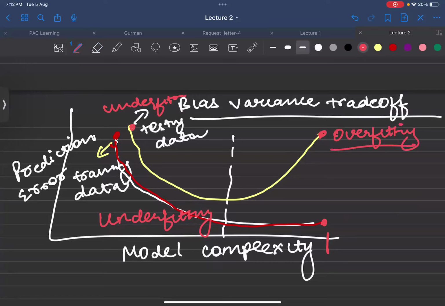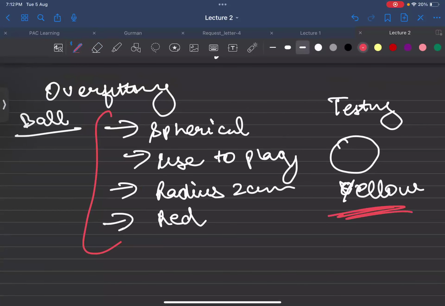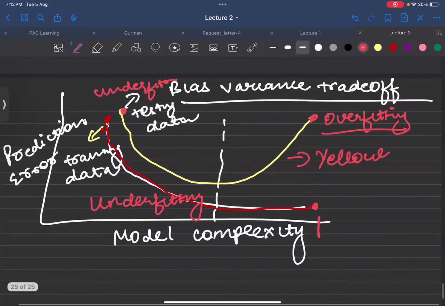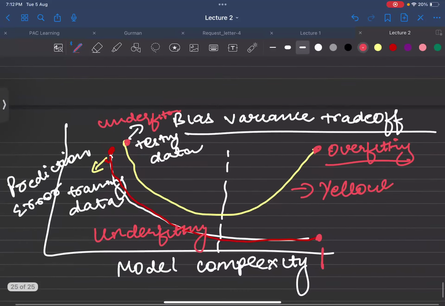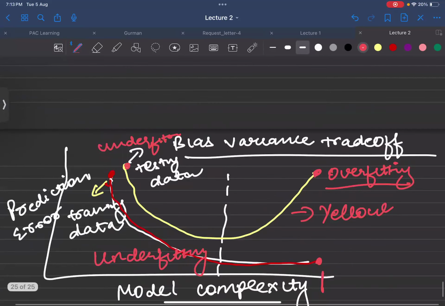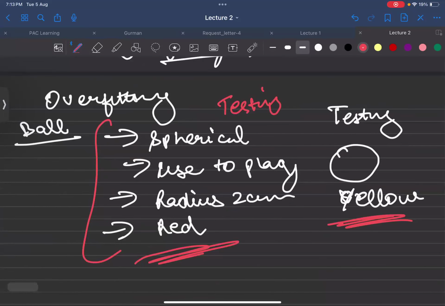No, ma'am. Error is high in testing. Now it's the testing one, the yellow one is testing. Error was high, it can happen. The model is complex and the error is high. It is testing. Is it overfitting? Yes, ma'am. What about others? Is it underfitting? If it is in testing also, it's wrong. The model is complex, how can it be underfitting? If it is complex, then it is overfitting. The model is complex in testing data.